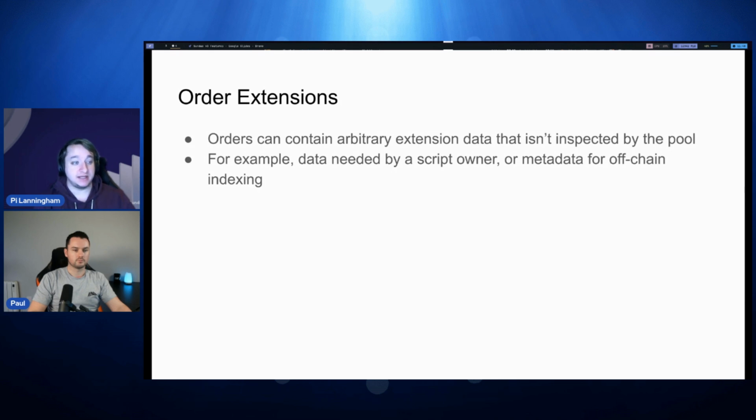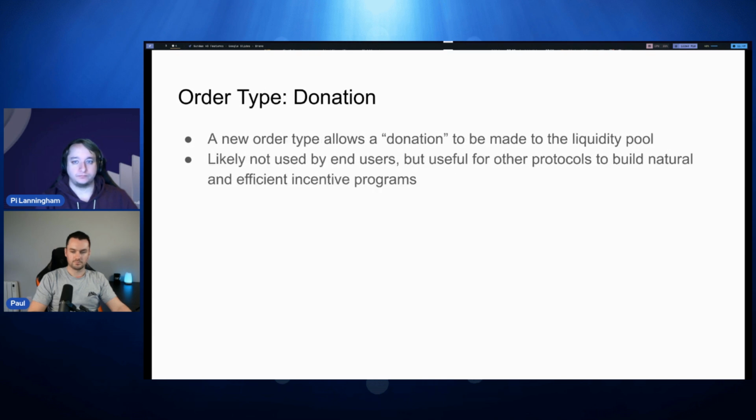But this means that somebody like Dex Hunter, for example, who is doing a lot of really cool things, and I'm sure Ada Markets, Paul, for you, has plans to do something similar, can write your own new order types directly for the Sunday protocol, instead of having this two-tier system where first you place it in one order, then it executes into another order, and then executes against the pool. So we have 3 new order types.